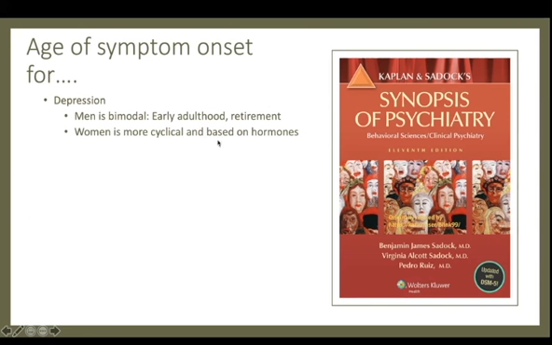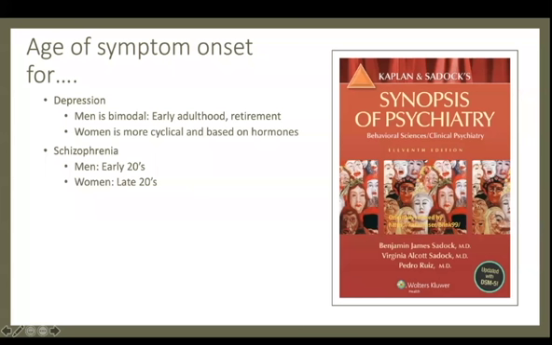Women is more cyclical and based on hormones. So the biggest time in a woman's life will actually be near menopause, because that's when all their hormones just plummet. And estrogen and progesterone are feel-good hormones. So it kind of sucks when all your feel-good hormones get taken away from you, like right prior to menstruation, and then right at menopause. So that's really common. Schizophrenia, men, early 20s,